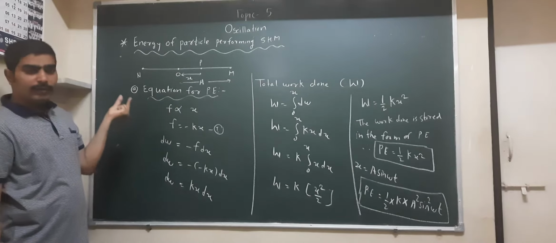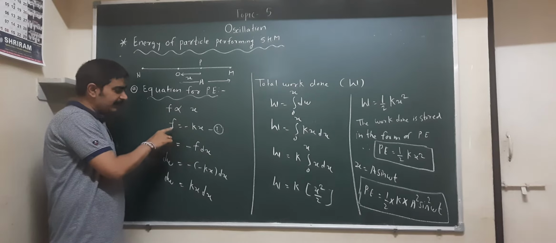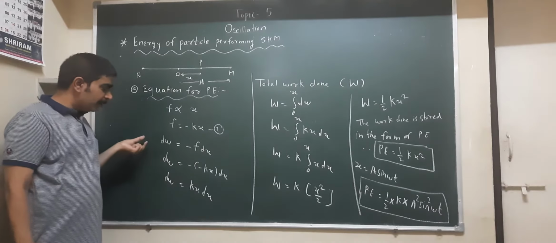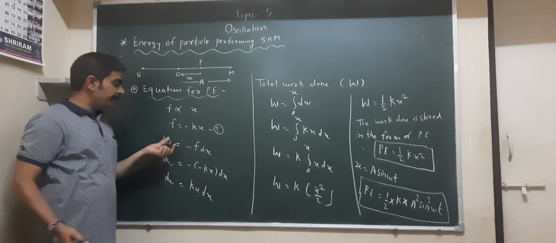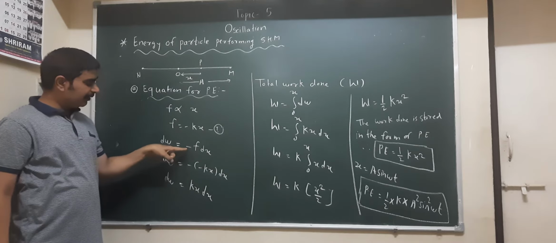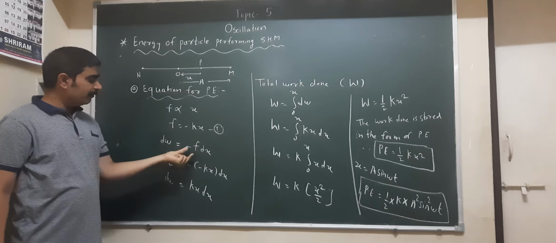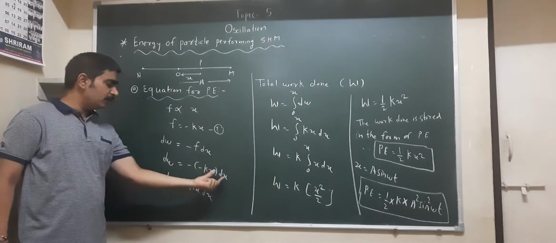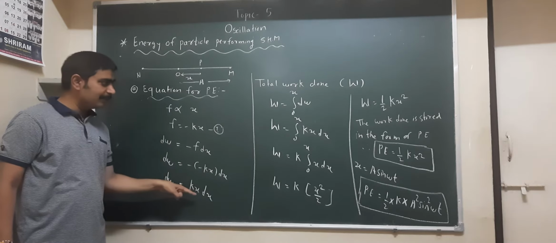Now here, first we have to calculate the work done by the small force. F directly proportional to x, F is equal to minus kx, where k is the force constant. Now let us consider that a small amount of work has to be done to bring the point P. Then dW is equal to minus F into dx. The negative sign indicates that the force and the displacement are acting in opposite directions. Then substitute the value from equation number 1. So dW is equal to minus into bracket minus kx into dx, and minus minus will become plus. So dW, the work done, is equal to kx into dx.